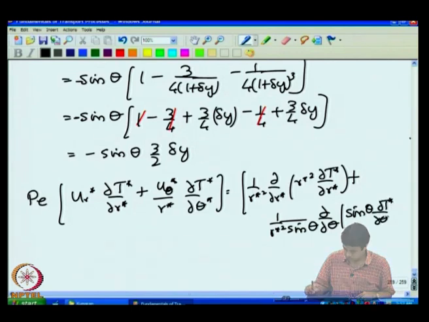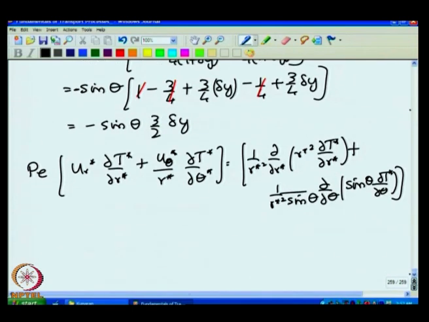This is the differential equation, and I substitute in terms of r in this equation and also substitute the velocities that I got. Okay. So, I put this in and I will get Pe into